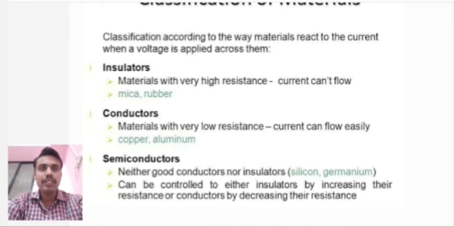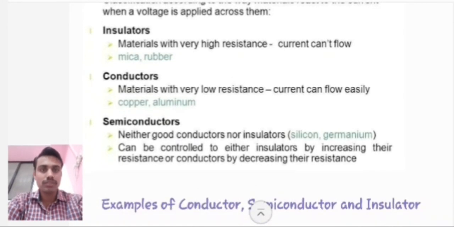We can increase the conductivity of a semiconductor by addition of impurity. On the basis of addition of impurity, semiconductors are further classified in two types. Those two types are p-type and n-type semiconductors. Intrinsic semiconductors are pure semiconductors, but extrinsic types are classified as p-type and n-type semiconductors, and that we are going to study in the next points.